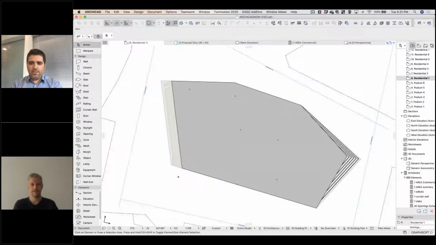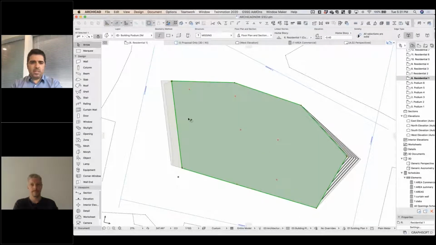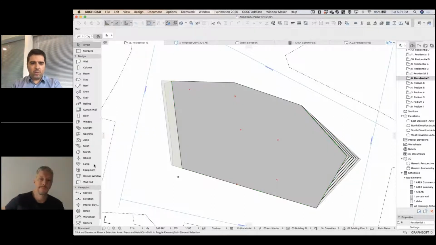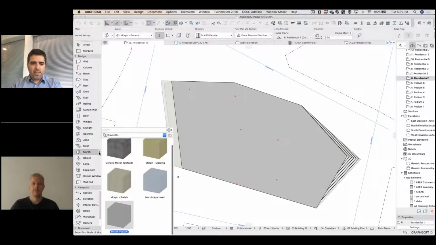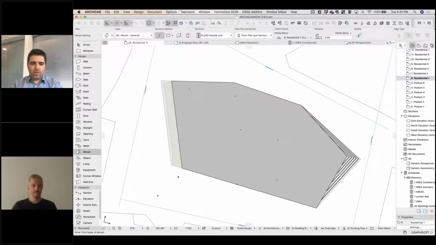So we have here the representation of two things. One is the main morph that is giving origin to the whole building, and the other one is the morph that was placed as the slab that in this case is doing the roof of the commercial and the ground floor of the residential. So let's say now I want to repeat this kind of workflow. So with this morph for the apartments,